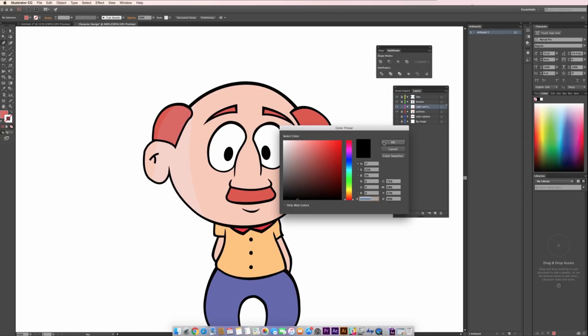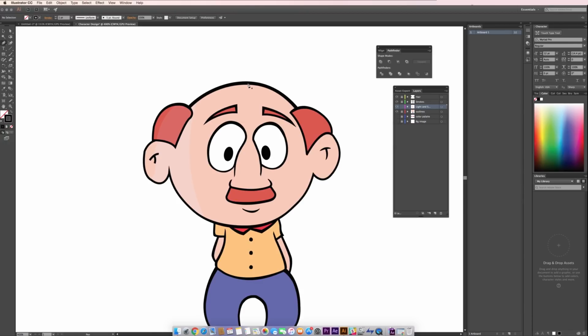Now draw the darker face shadow using the pen tool. We are drawing this in the outlines layer because we need the shadow below the eyes, so we are drawing in the same layer as the fill.